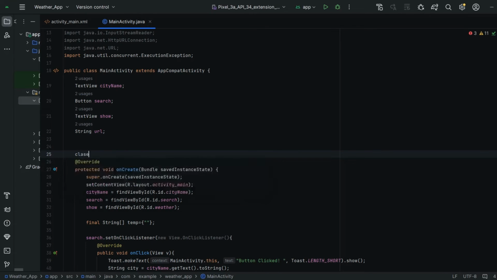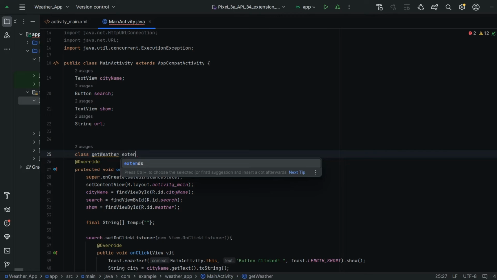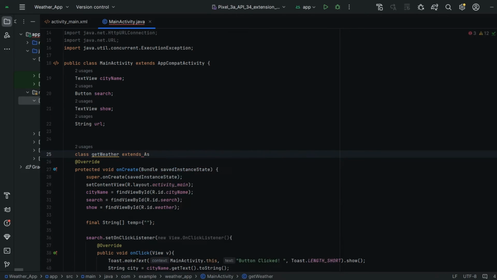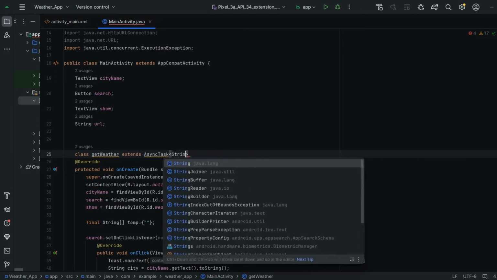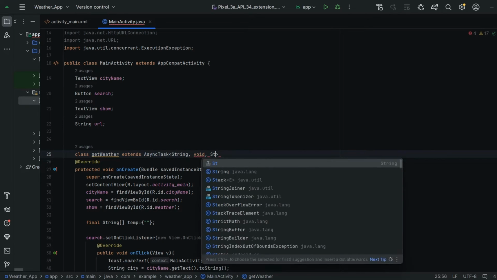Class get weather extends async task, guys. In this we have string comma void comma string.